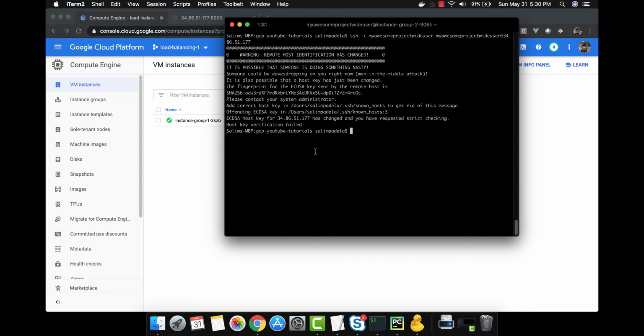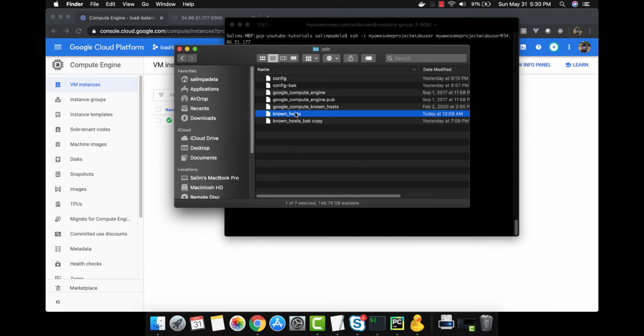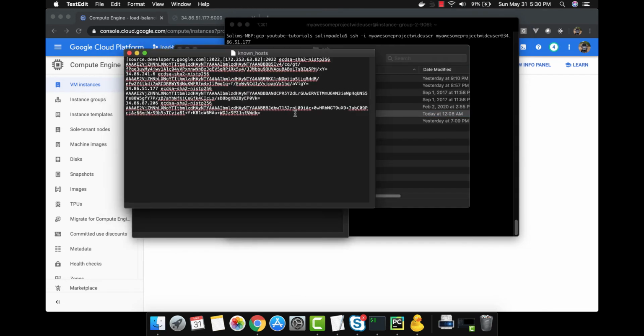Okay, so it is giving me an error saying the remote host identification has changed. It is because I have been doing a lot of things, and for some reason Google has reused this IP address. So what I need to do is go to my known hosts file and delete the entry which corresponds to this particular IP address. So I come here, this is my known hosts file, I open this up,